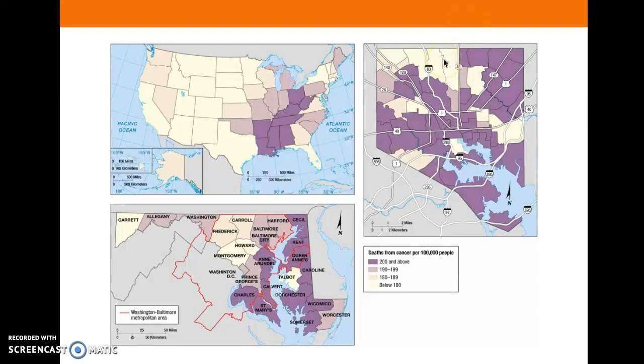Also, if you have more money, you have more access to healthcare in our country, and so even if you had cancer, it would be caught sooner. So access to higher education, access to money, access to healthcare, it makes a difference. When we're looking at regions, remember, it matters what scale we're looking at. At the state level, this is a small scale map. We're looking at regions at a national level.